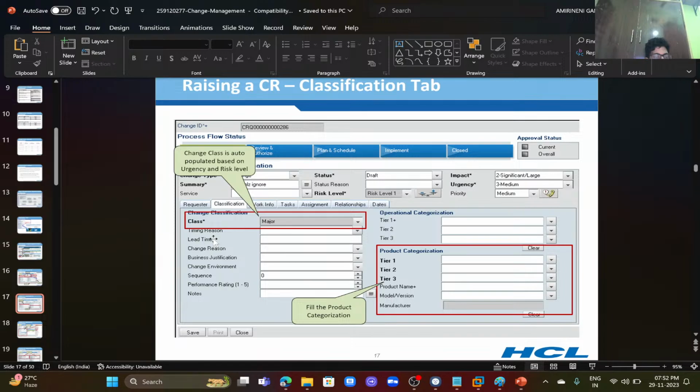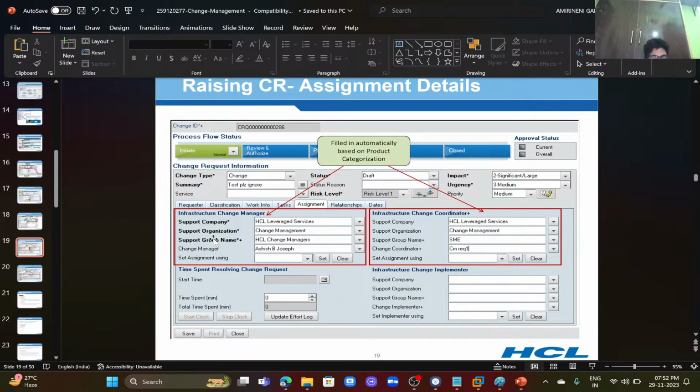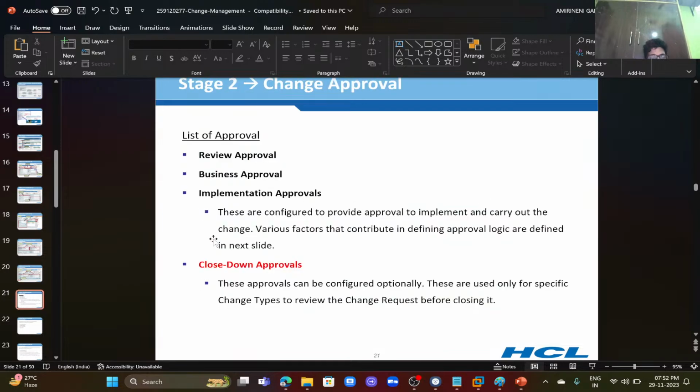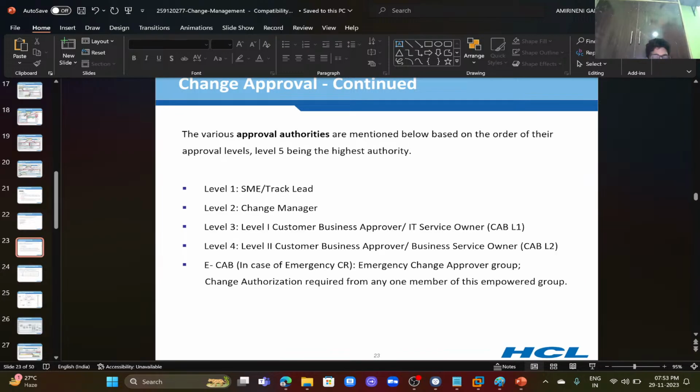In the classification tab, we select major or minor issues, product categories, product name. Then the assignment details: which company needs to be assigned, who the manager is, the change request start date and the scheduled date, and a list of approvals: business approval, implementation approval, close-down approvals, product categories and emergency situation, business impact and technical reviews, SME and track lead and change manager level, and customer approval,